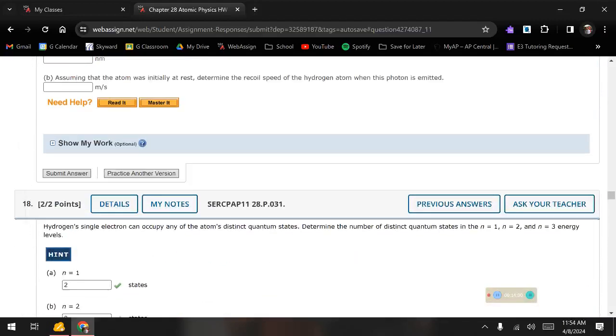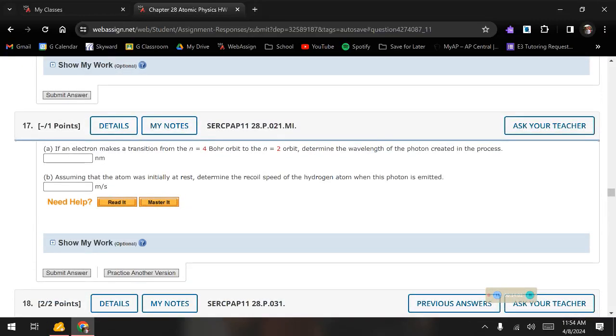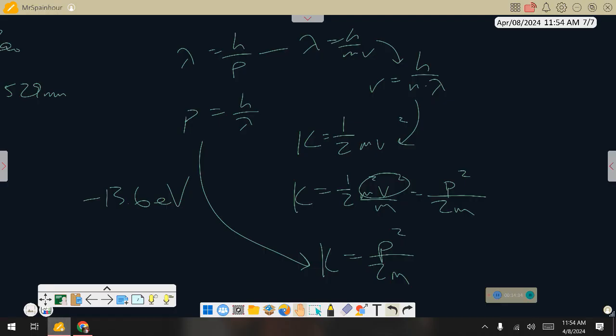Part B specifically. Conservation of momentum here for part B. So, just so I can remember quickly here, my apologies because I know you don't need it, but an electron makes a transition from 4 to 2 in Bohr's orbit, which of course tells you that it's just a hydrogen. Going in that way, determine the wavelength in that particular process. Okay, so you're going to, of course, get